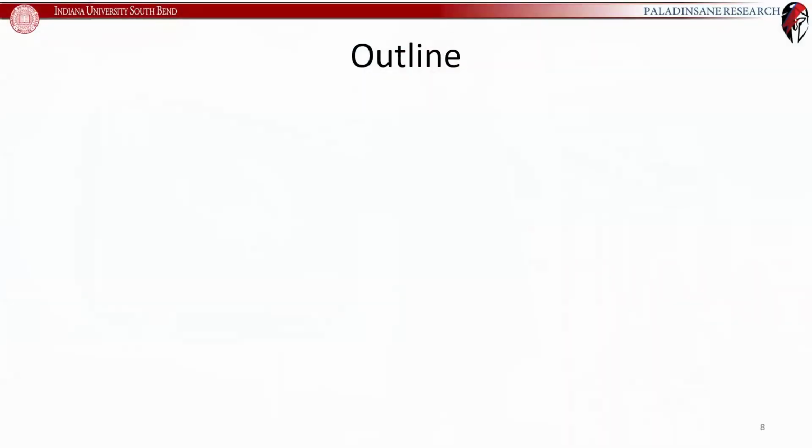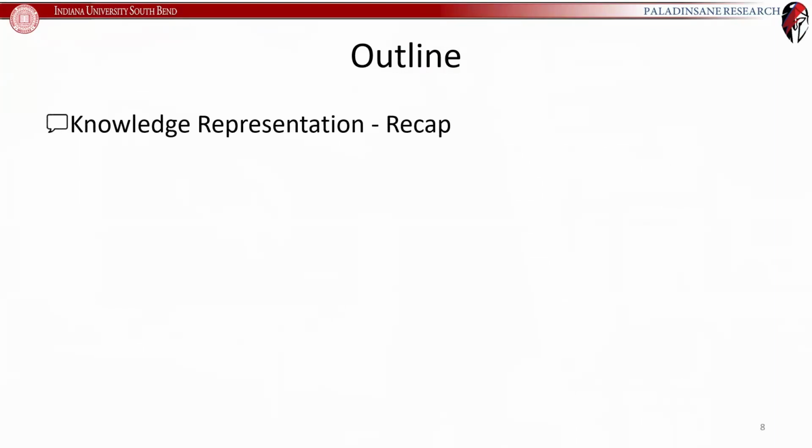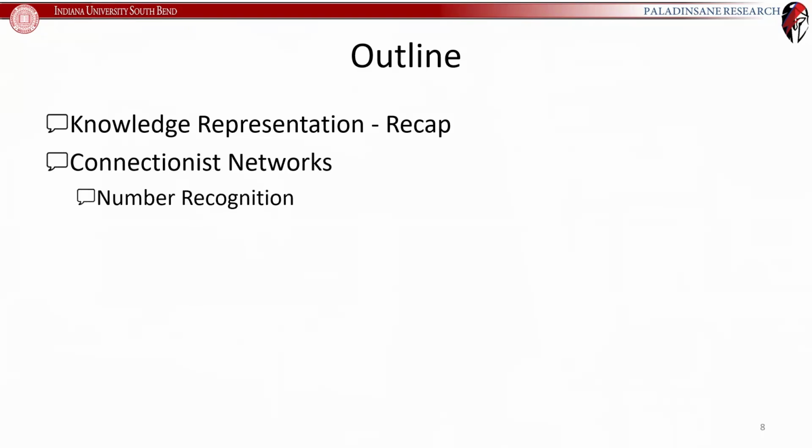So today we are going to start with a real quick recap about knowledge representation, and then go into some connectionist networks. We're going to see one for number recognition and how it's implemented. We'll show how that same architecture can be used to represent animal knowledge, for example. Then we'll look at an example where a programmer used a connectionist network to program a computer to play Super Mario World better and better.